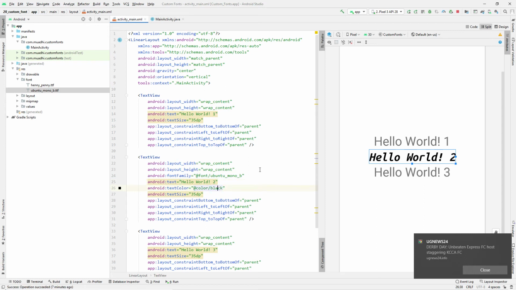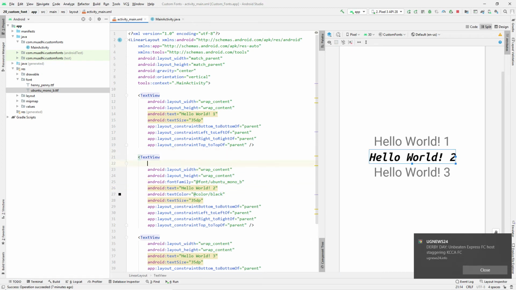So lastly, I'm going to show you, that was the third point, how you can dynamically set the external font to affect a certain font. So to do that, I'm going to get this font here. I'm going to give this text an ID, and maybe I can say target text, and then I'll come to my